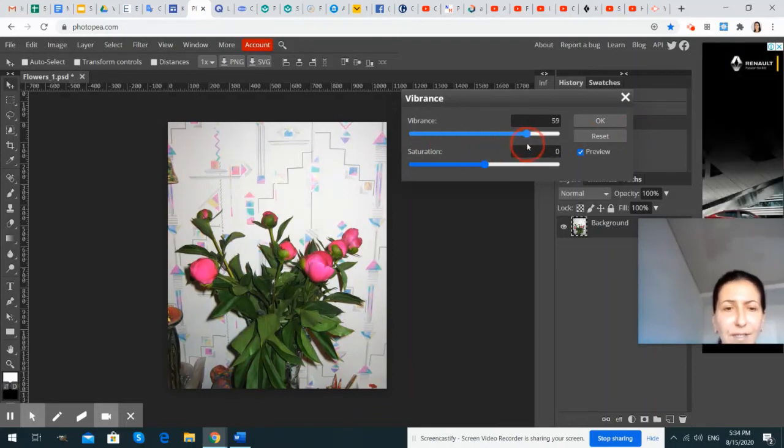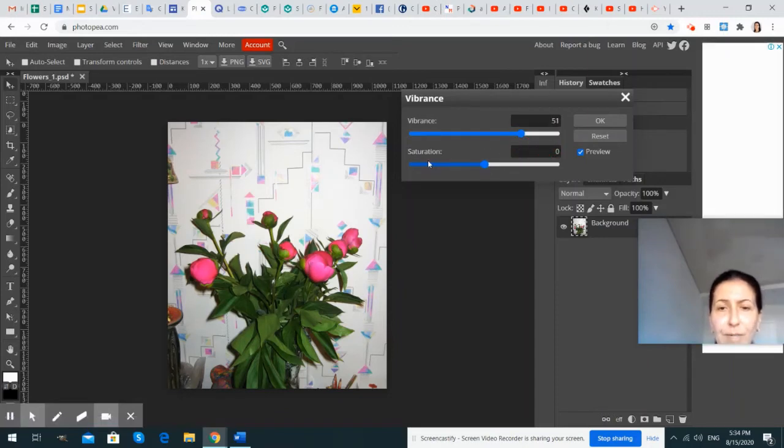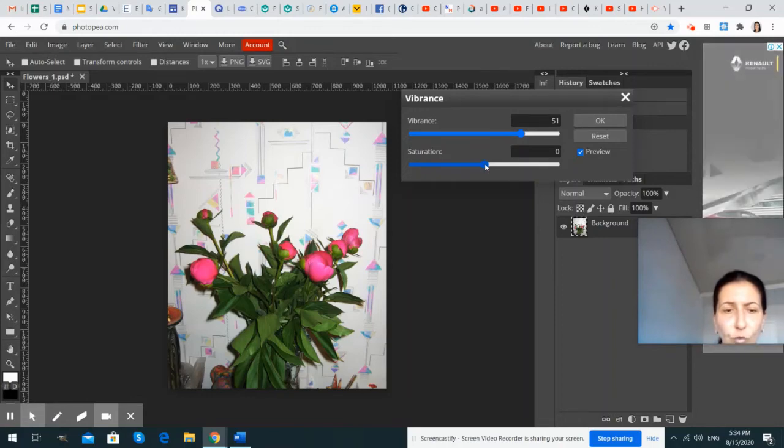So in this case, you have it back, because it was not that visible, the wallpaper pattern. If you make more vibrance, the wallpaper pattern becomes more visible, and also the flowers become more bright and more rich in color. So you can increase vibrance. What does saturation do? It also makes the color a little bit more rich and darker,